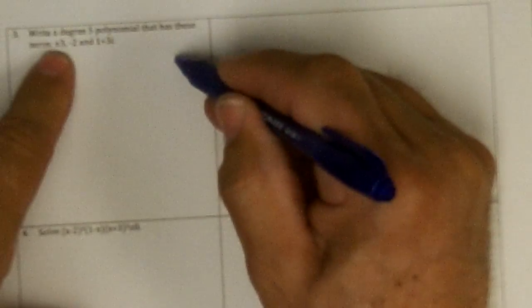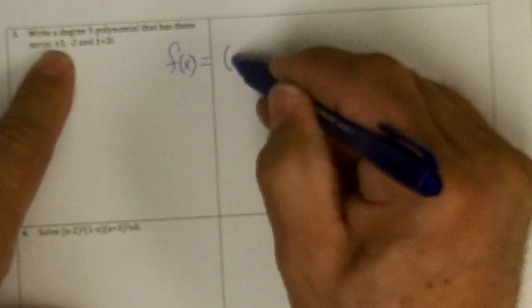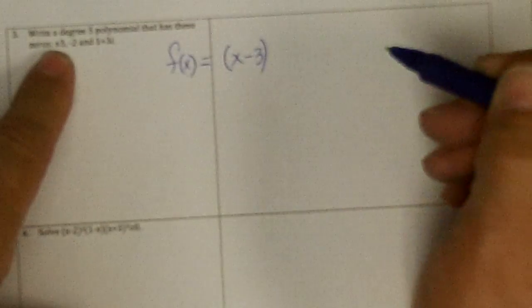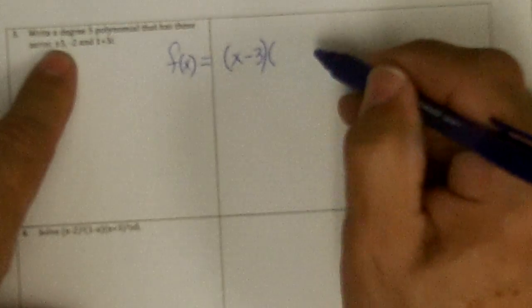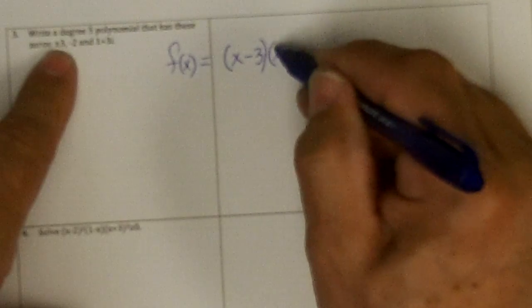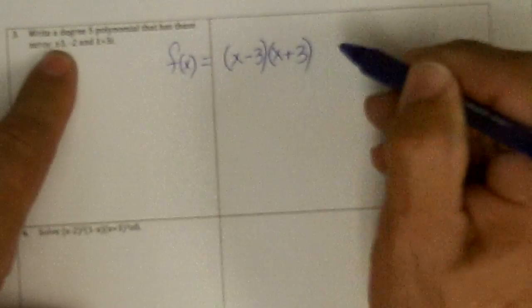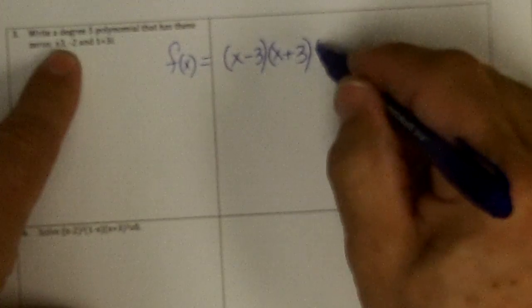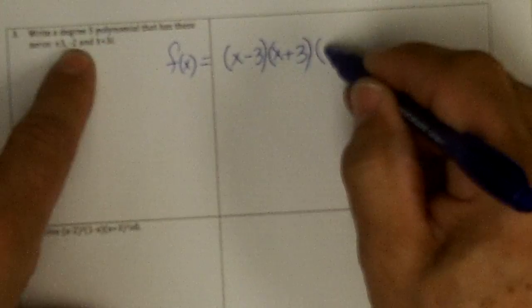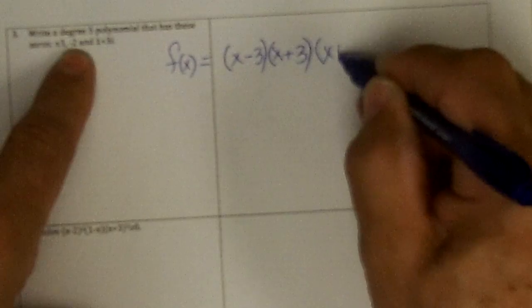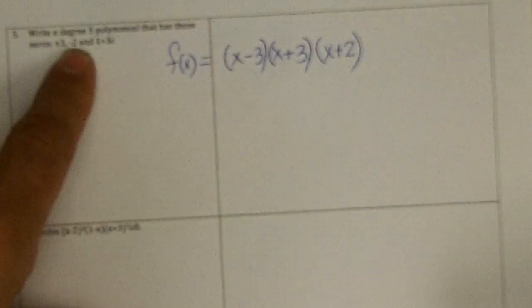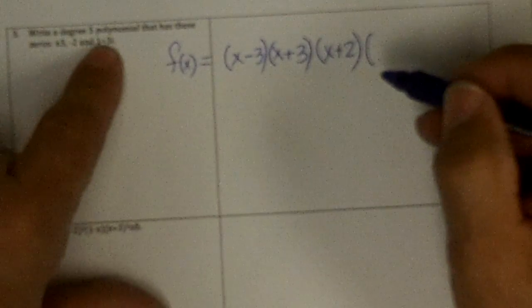Page 3 says a degree 5 polynomial that has these zeros, a plus 3 and a minus 3. So this polynomial would have to have a factor of x minus 3 for the plus 3, and x minus a minus 3 for the minus 3, and x minus a minus 2, which is x plus 2, for the minus 2, and x minus this